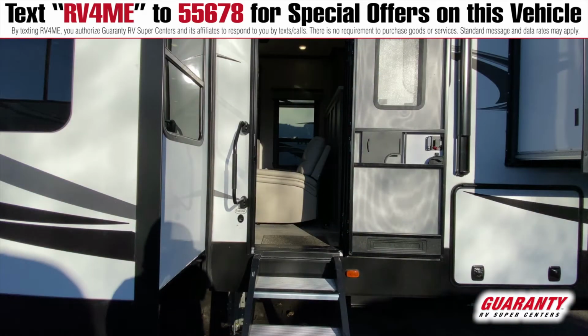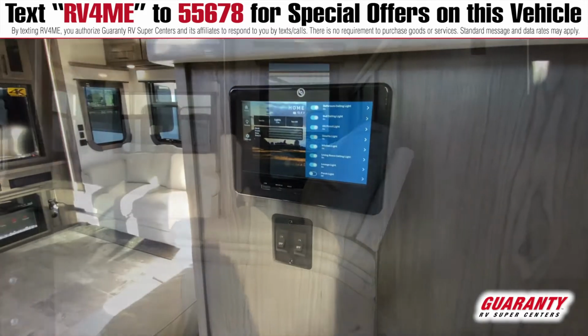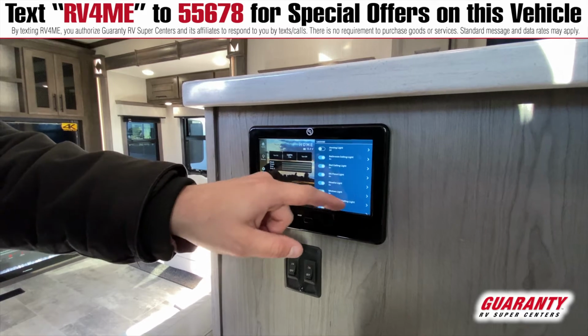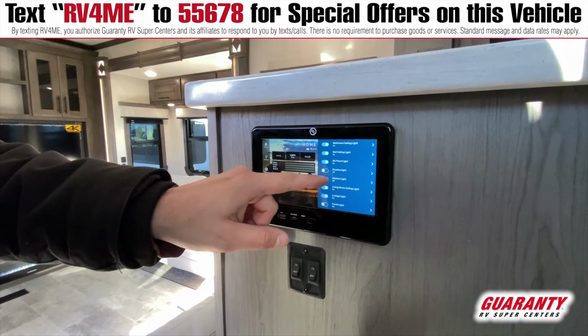Alright, as we come up the steps here, you'll notice we have the large full step system. Makes it nice and convenient with the large grab handle to walk into the coach. You've got a wind resistant door, so you don't have to use a tie back to hold that door in position. And as you step right in, you're going to notice your control panel, and that's where all of the controls are right here as you step in the coach. So you can set the lights, open the slides, and do all of that right here as we step in